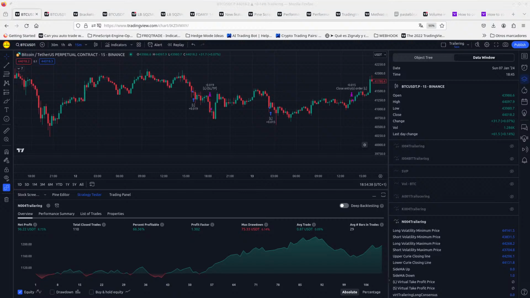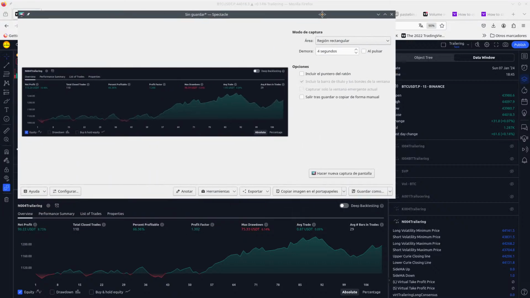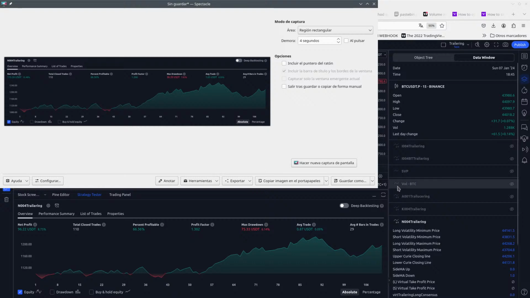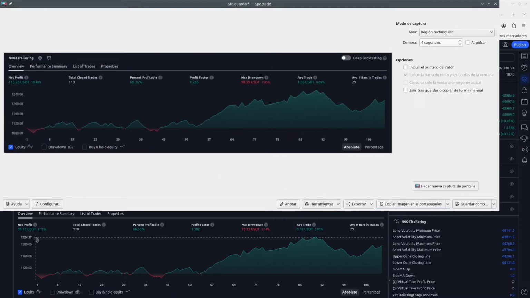Okay, let me see. Where the hell are you, my friend? So this is the screenshot. So take a look at this. We have less return with the same trades. We have less return. We are the same percent profitable, but the profit factor is bigger. Drawdown is smaller, and whatever. So this is better, if you ask me,